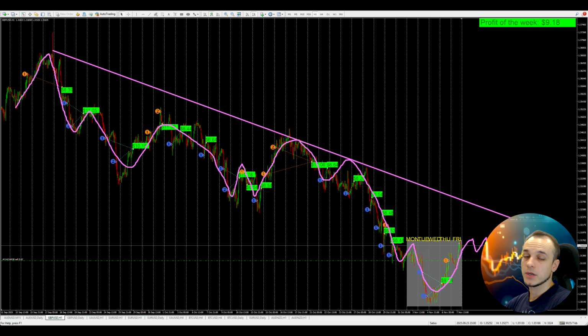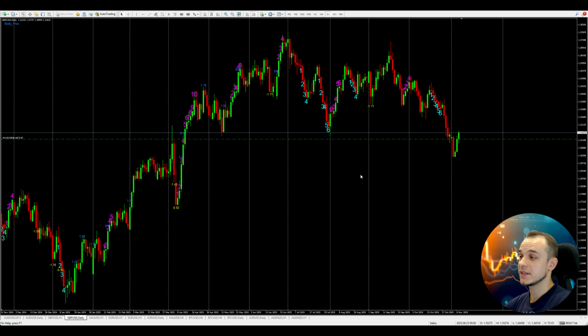So even if this point will turn into a deeper correction, we still have the capacity to average all our trades and wait for the market to retest the current trend line, and then we're going to close all our trades with a profit. The profit of this week amounted to $9, and on the daily time frame you can